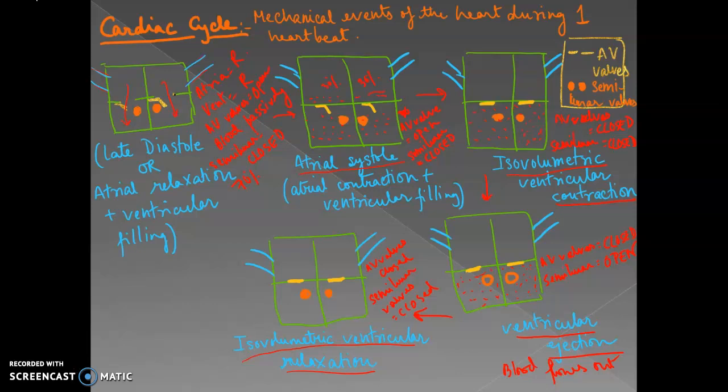So we talked about 5 different steps, right? At each step, which valve is open, which valve is closed, and blood is flowing from where to where. Sounds like delicious lecture exam question. I'll stop here and then start with the